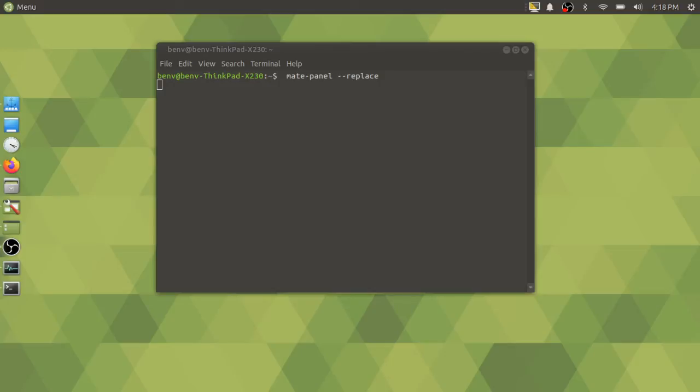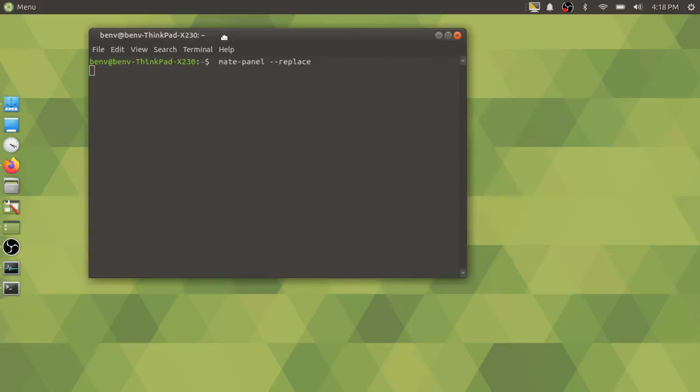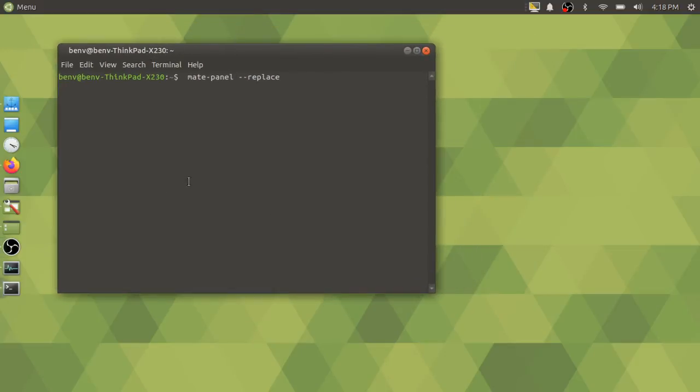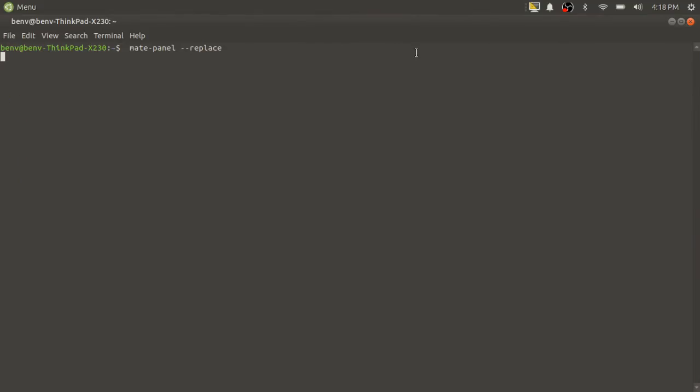I know that it's not designed to work this way. So there's something going wrong here with this Mate panel replace because that command isn't finished yet. So we're going to keep this terminal window open, and we're going to see if we get some error messages or something as we keep using what we've got. But I do like the way Pantheon's working,